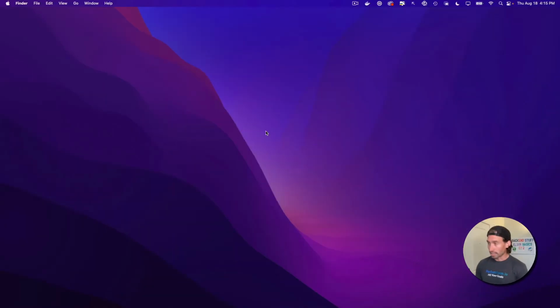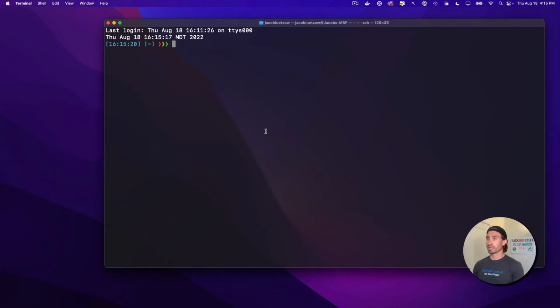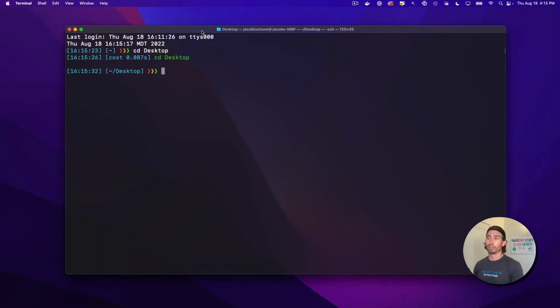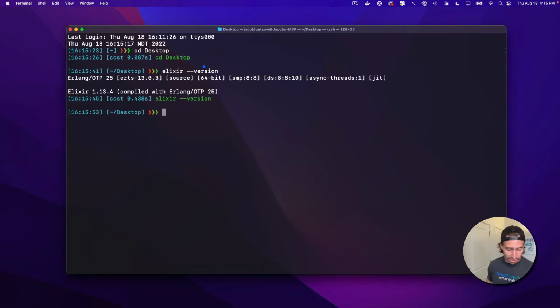So let's hit Command Spacebar and open our terminal. I'll make this a little bigger so we can see. Let's change directories, cd to our desktop. You can go into any directory you want for creating your project here. Let's verify that Elixir is still in fact installed. So that's elixir --version, and you can see that we have Elixir